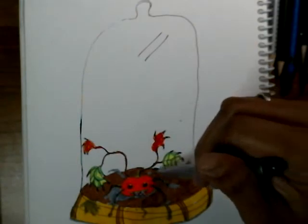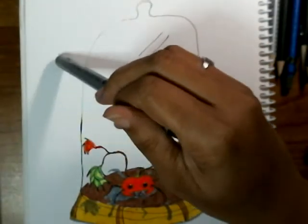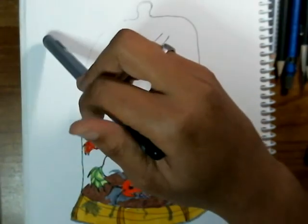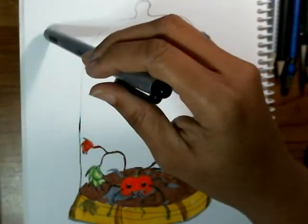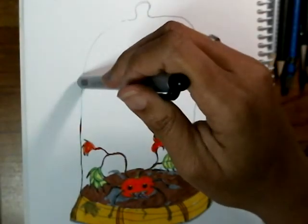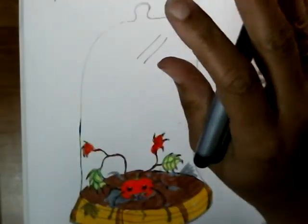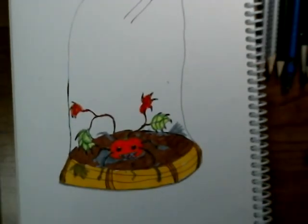These are supposed to be attempts at doing shadows up under him, but I really don't know how the shadows would be. I'm not good at shading and shadows and light sources and that stuff yet. I know there would be some refraction going on because it's hitting the glass, so you will have secondary light sources from it reflecting off of the glass down onto stuff. I didn't want to try to deal with it, so hey, it's the best I could do, considering it probably took me 15